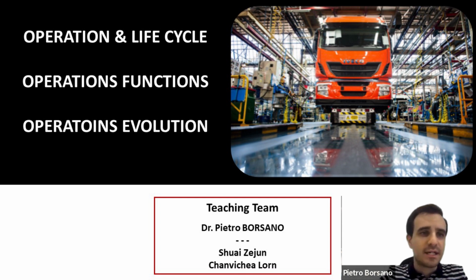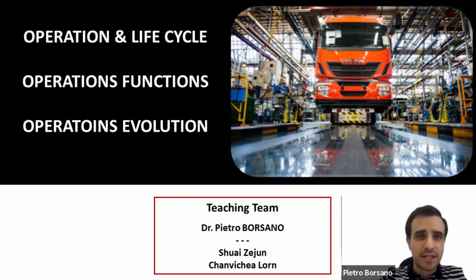And why is this important for operations? It's important for operations because the life cycle will determine the type of business processes which will be used in our operations. Not only this, the life cycle also helps understand better the operation function, the overall role of the operations. And to an extent, we can also link the life cycle to the operation evolution.